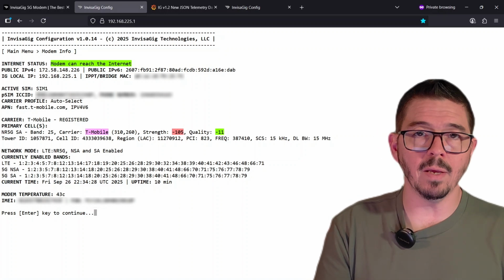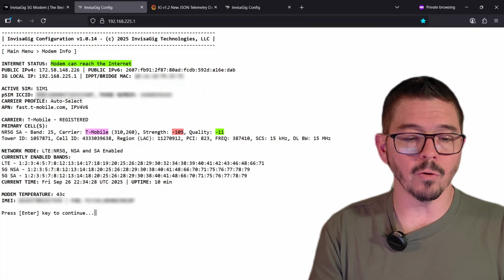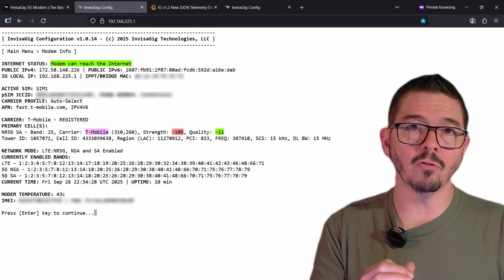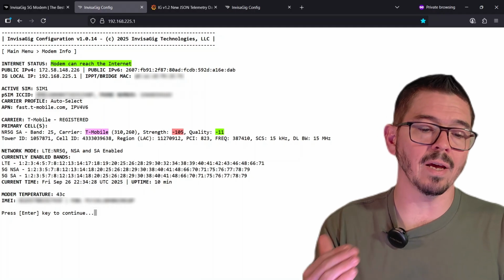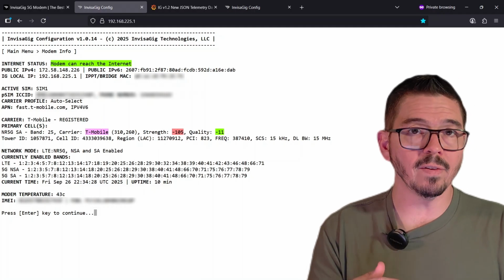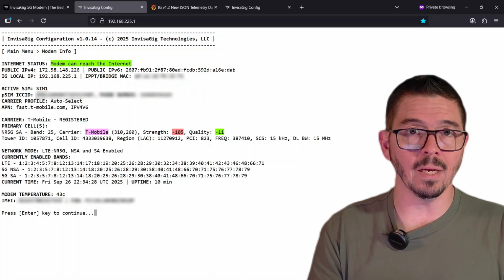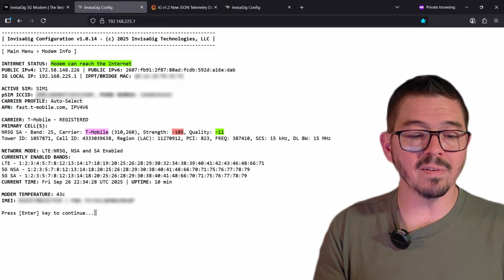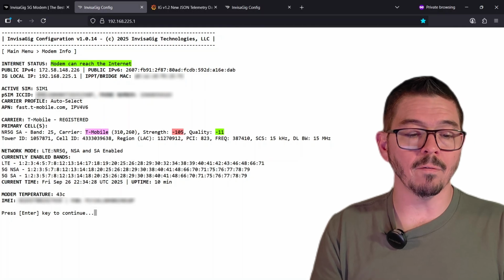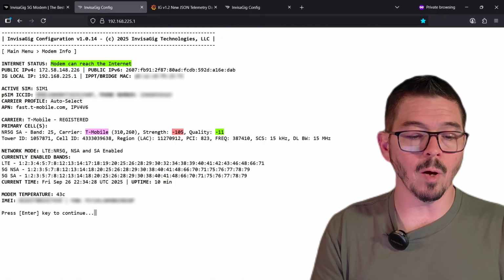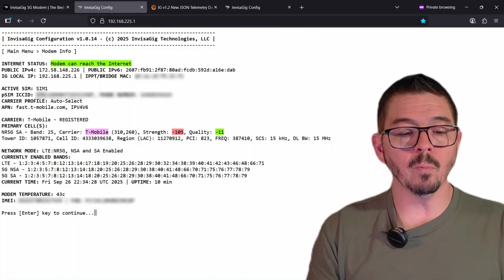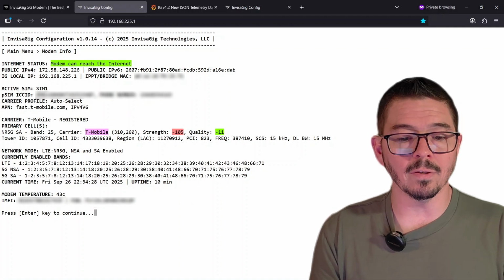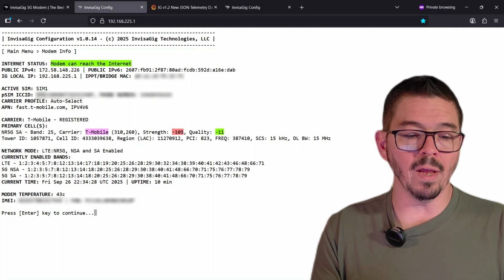APN, what is currently being used, and the protocol stack, IPv4 v6. Carrier, this is what it has registered on the network. So aside from your carrier profile, once it connects, what carrier is it reading that it is connected to? That's T-Mobile in my case. And the primary cell, or PCC, mine for the NR5G standalone on T-Mobile, I'm on band 25. The network mode by default is LTE and NR5G, non-standalone and standalone enabled, and all the bands are enabled,